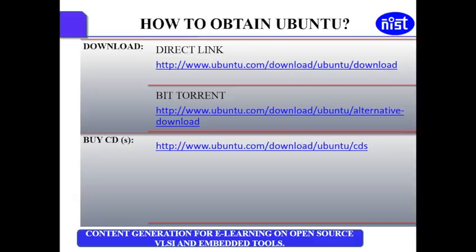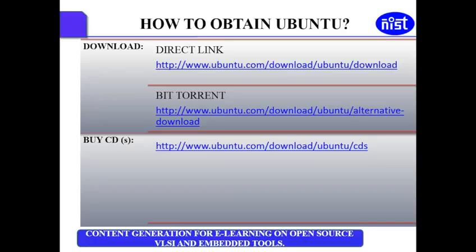So now coming to how to obtain Ubuntu, we have direct download, in which we can go to the direct link www.ubuntu.com/download/ubuntu/download.